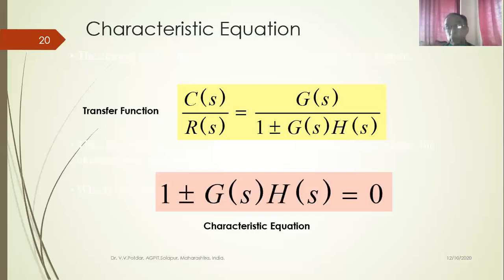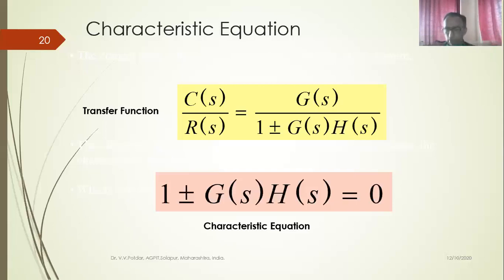Like that, for each of the physical systems, this characteristic equation helps the designer in selecting appropriate parametric values corresponding to that system. If it is an electrical system, what should be the resistance value, the inductance value, the voltage value, the current values, and the capacitance values, those also we can suggest so that the electrical circuitry behaves in a stable manner. So for that electrical system also, I can get one characteristic equation. For a pneumatic system also, I can get a characteristic equation. For a thermal system, I can get one characteristic equation.